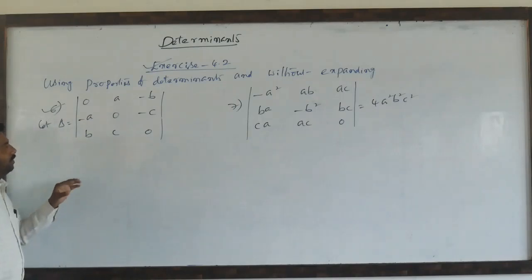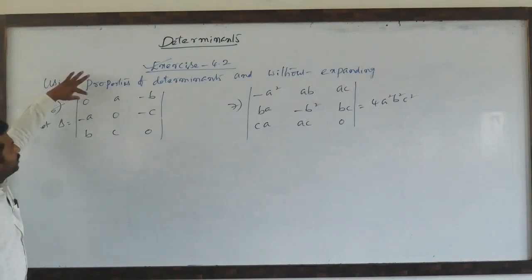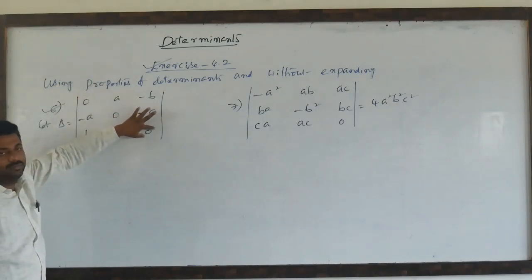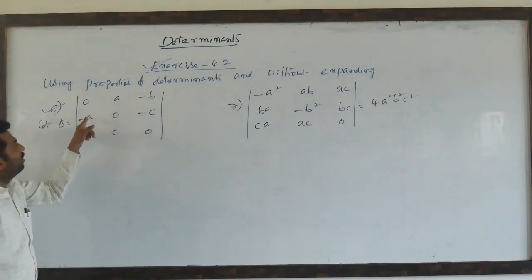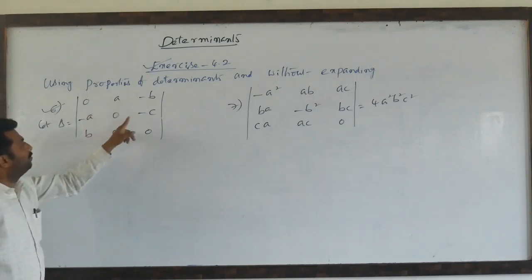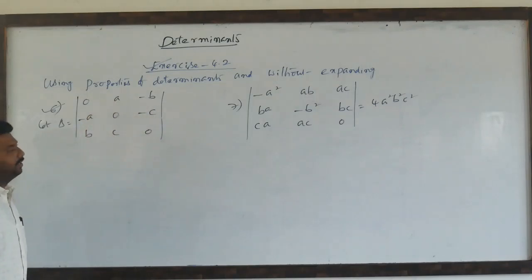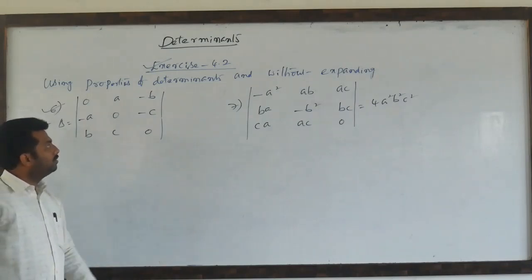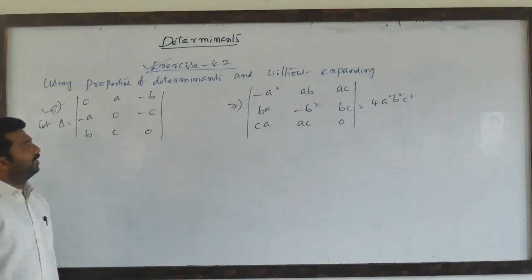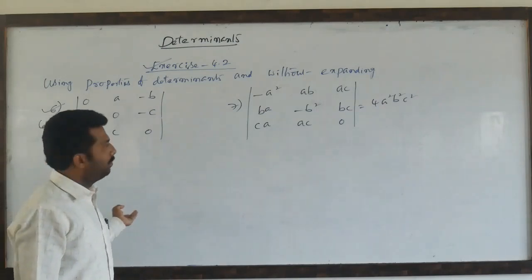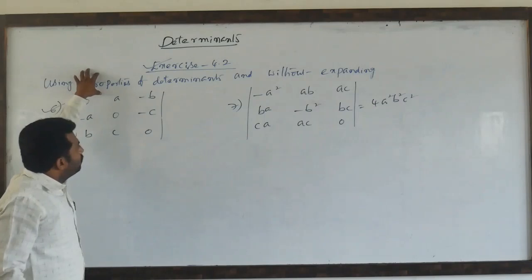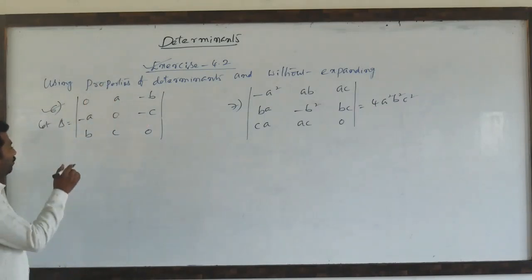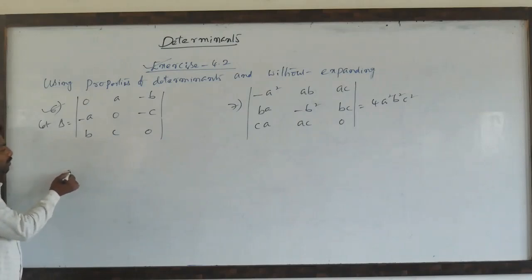Now you observe. In a skew symmetric matrix determinant, all the principal diagonal elements become zeros. Here A means minus A, minus B means plus B, minus C means plus C. Now we have to prove this determinant equals 0. You can expand directly and it automatically becomes 0. But they are asking to prove it using properties of determinants only. So, you observe.